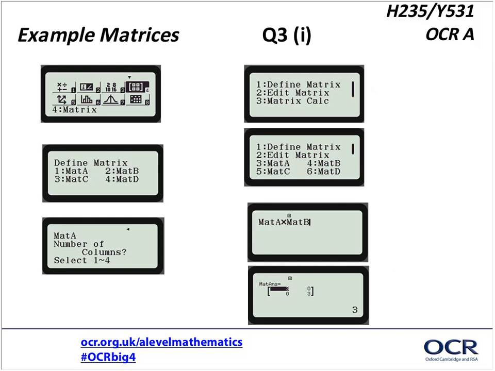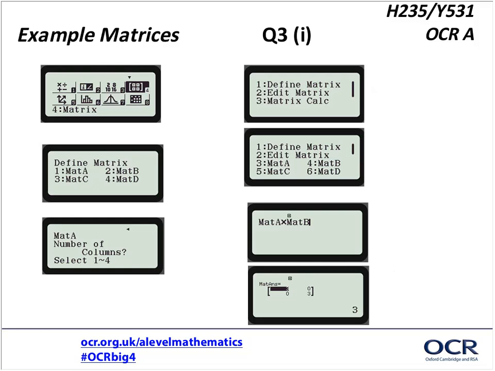In the Casio, you have to go through various screens of defining the column and then the rows. And then once you've defined each of your matrices, then you can go into the matrix calculations